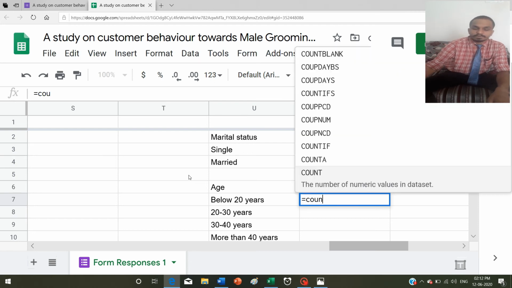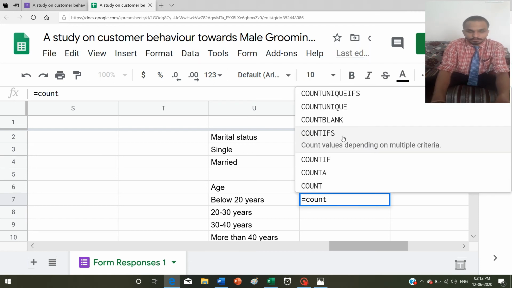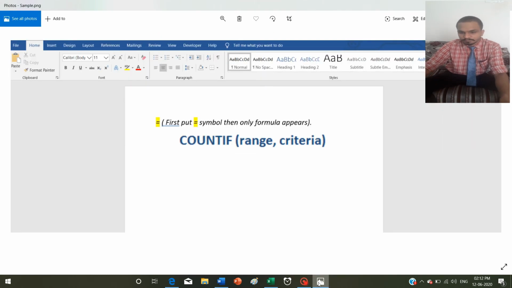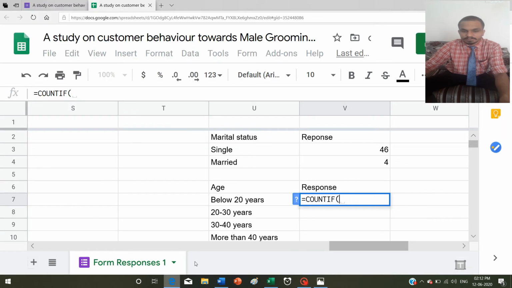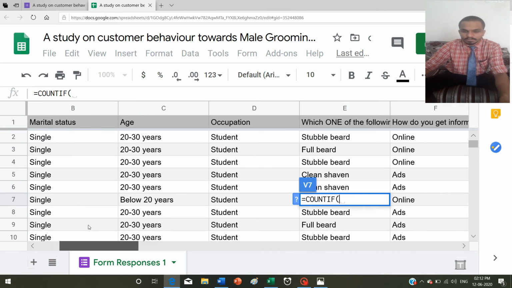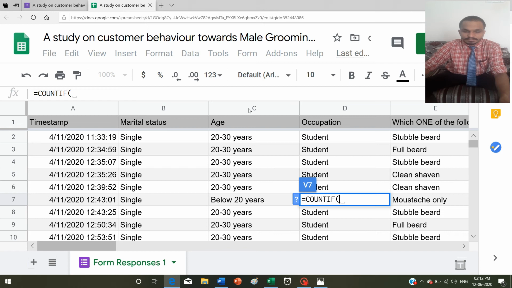Okay. So I will again put equals COUNTIF, the formula, this one. Then I have to select the range. I will select the range of the age.